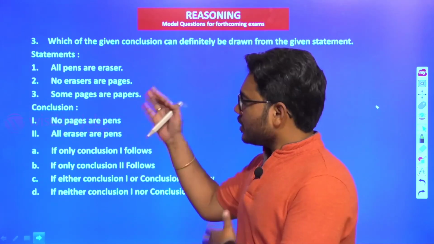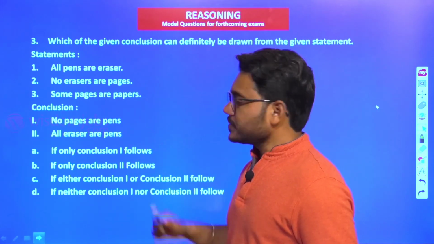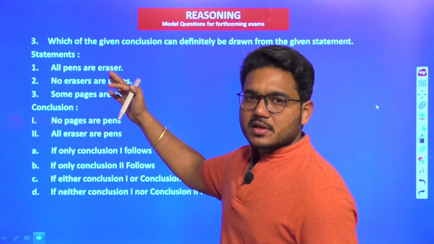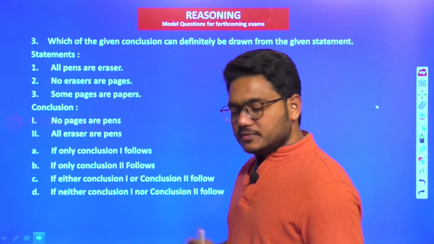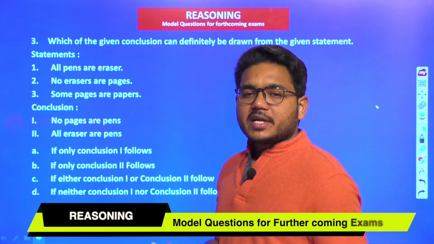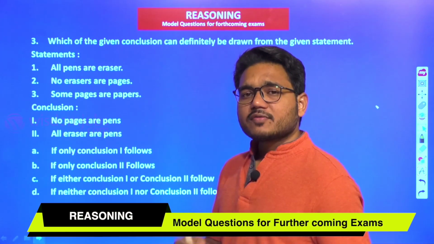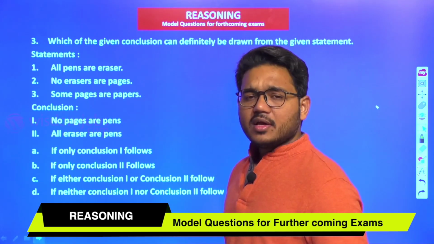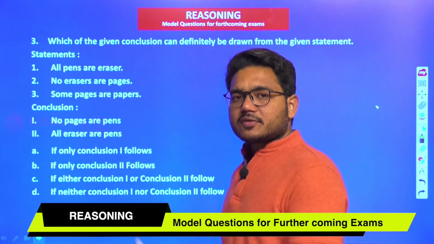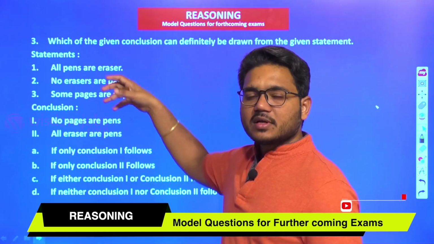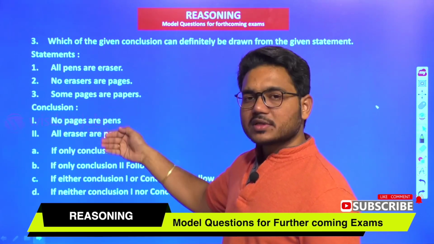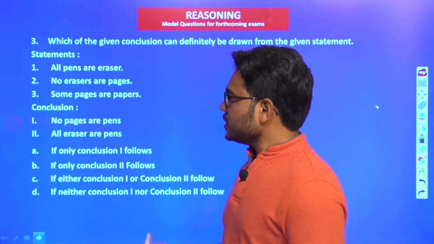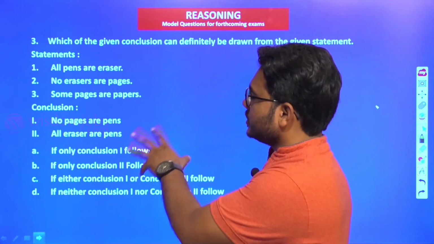So let us solve. Obviously this is under the section syllogism. So how to solve this? First we need to read out these statements, and based on that we will be drawing some Venn diagrams. That is one of the methods to solve such problems, isn't it? Based on that we need to conclude, we need to justify whatever the statements are given. So whether we can conclude something, what are the conclusions, are they matching with our statements given. Okay, so initially we need to draw the diagrams